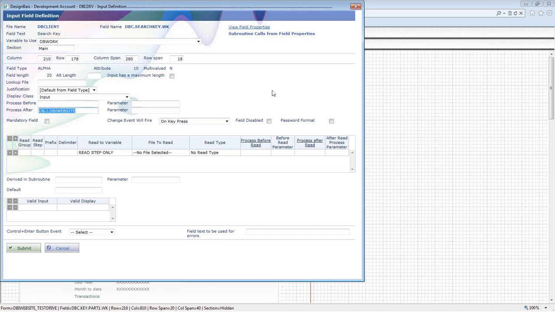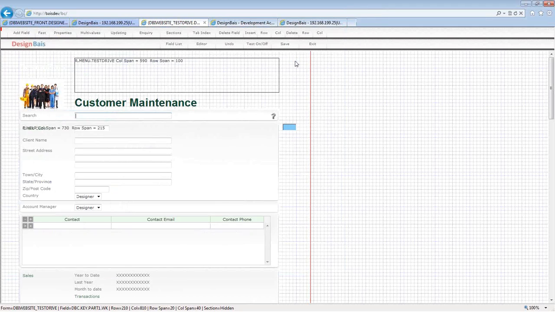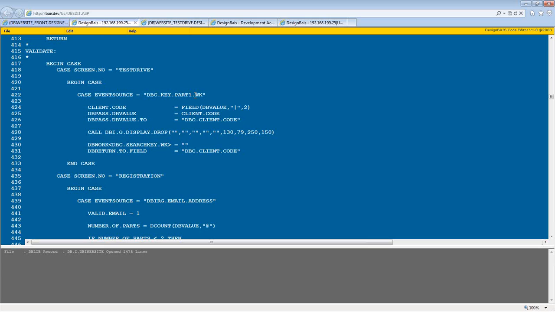So what DesignBais does now in release 6, to avoid each character being sent to the database, is wait 300 to 400 milliseconds after the user has stopped typing before it sends the request. That way the user's keystrokes provide a much more natural interface. The same as Google and Bing, and Yahoo use very similar techniques. So we get this key press event, and this key press event in the program